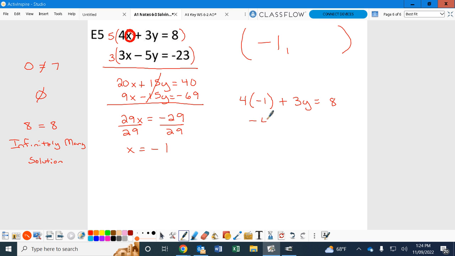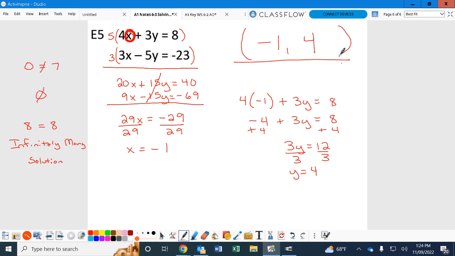Negative 4 plus 3y equals 8. To get rid of the negative 4, we add 4. You get 3y equals 12. Divide both sides by 3, and y equals 4. That's your solution. Okay, guys. So, we're going to use this to get our 2 worksheets done. Let's go ahead and